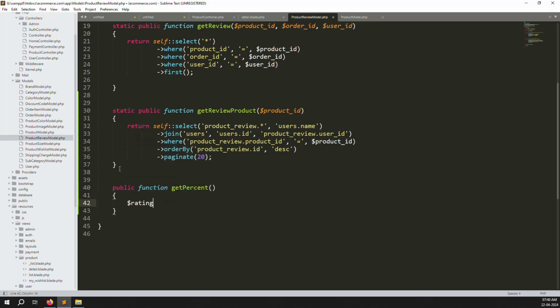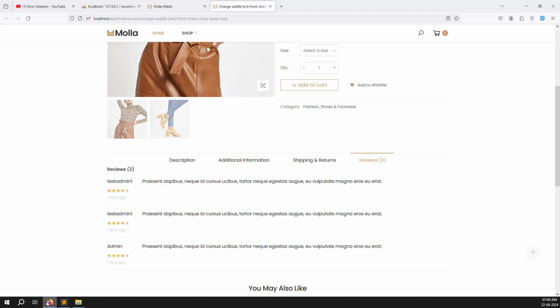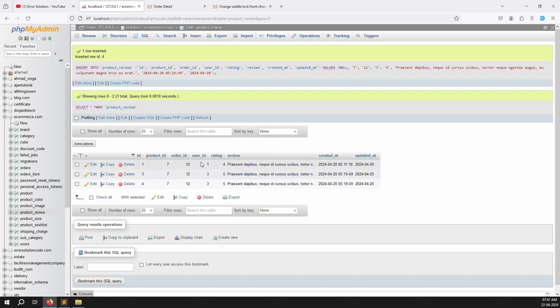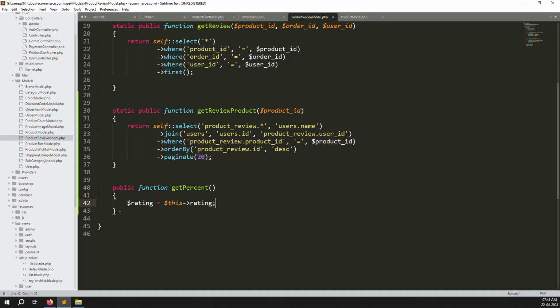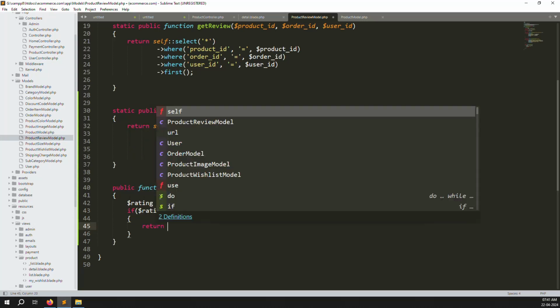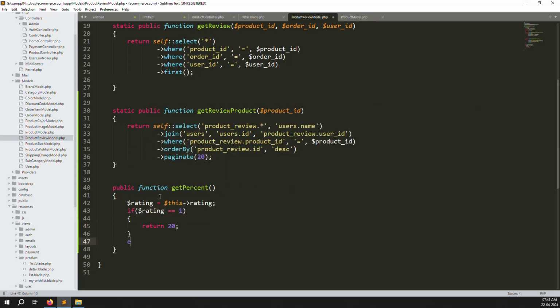Here we can use get rating, this rating, whatever the database column name is, you need to use this column, like here you can see it, rating. After that you need to check: if rating is equal to 1, we need to return 20, else if